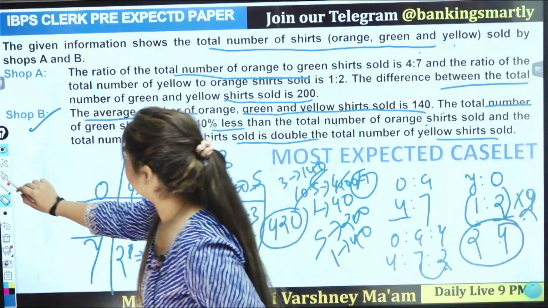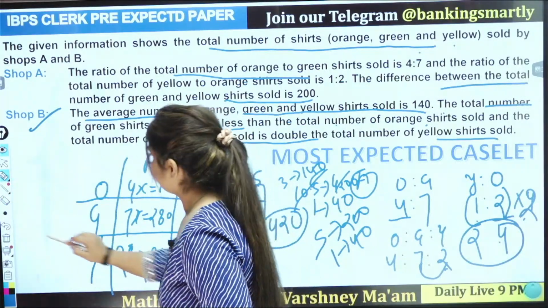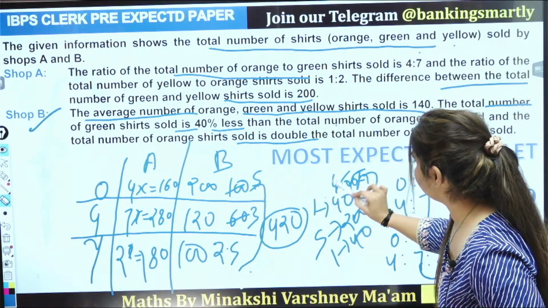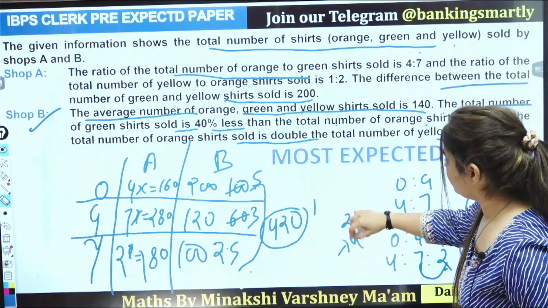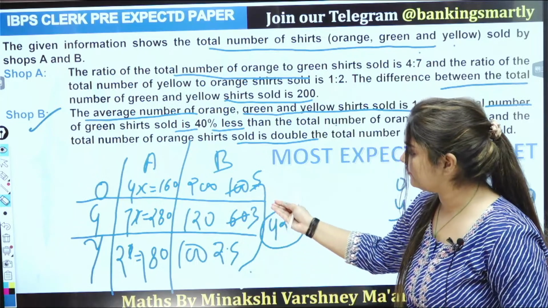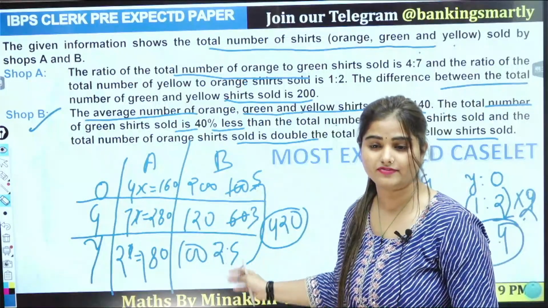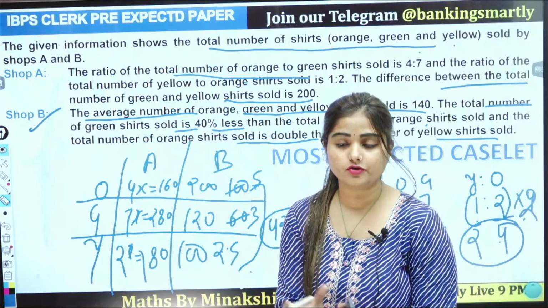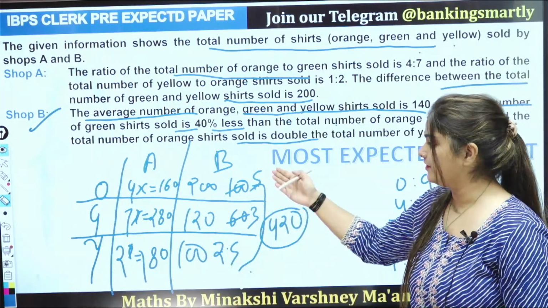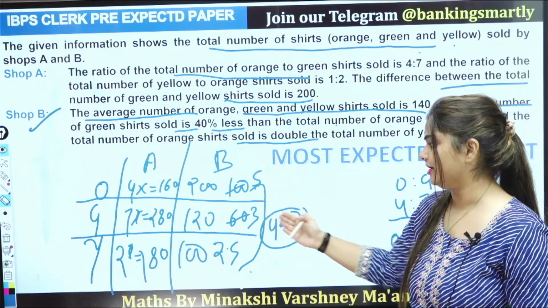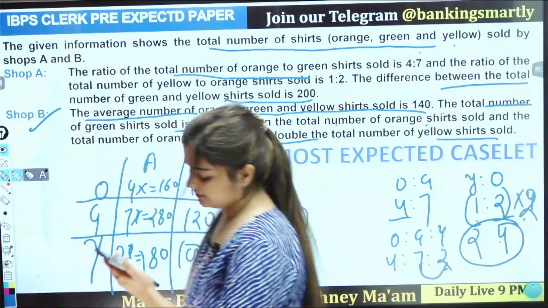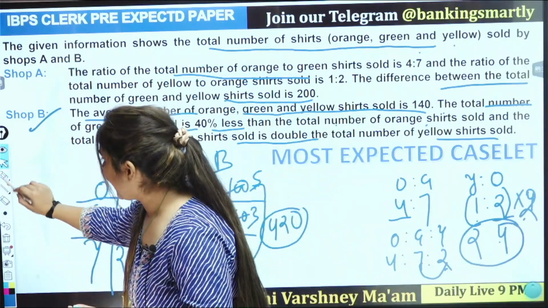This one is 100. I know there is some writing issue. You know that all three values are equal to 420. So we have 5 units plus 3 units plus 2.5 units. That means 10.5 units is equal to 420, so 1 unit is equal to 40. And we are multiplying 5 into 40, 3 into 40 and 2.5 into 40. Is it clear or not? Now we are going with the questions here. Okay. Thank you, sir.